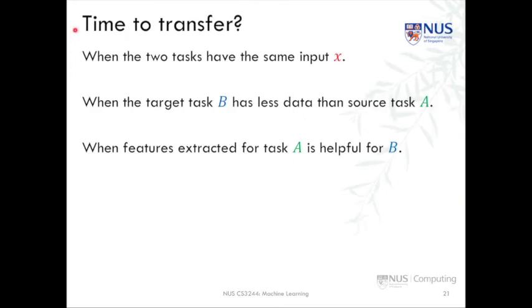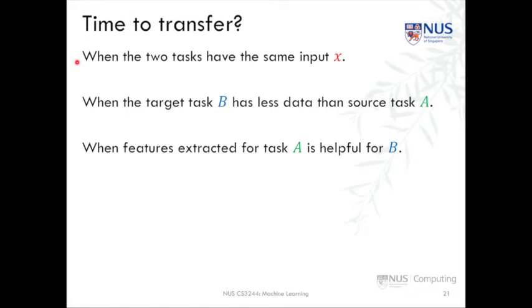So when is it a good time to use transfer learning? Well, it's important to consider this fact that the two tasks have to have the same type of input. For example, you have to be using images to transfer to an image task. But they also have to be somewhat similar. For example, if you're looking at black and white radiology pictures, probably transferring from VGGNet wouldn't be very helpful because it has already learned color features as well as features for natural images that are not part of the domain